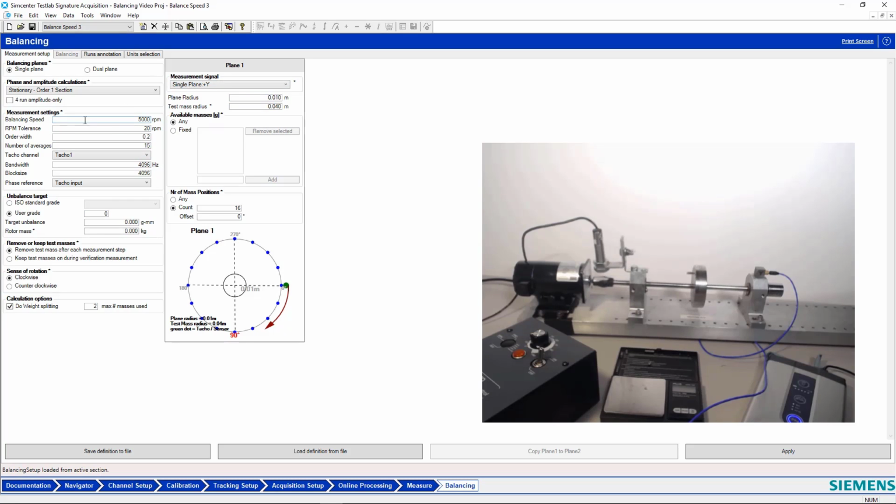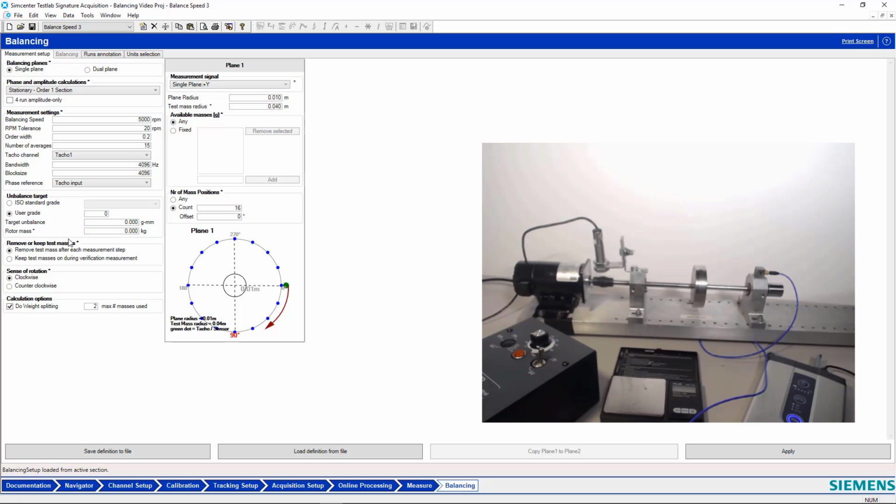We already picked our balancing speed at 5,000 RPM, and we'll use an RPM tolerance of 20 RPM, which is how well you'll be able to control it. Then we have our tacho channel and our phase reference, which is that tacho input split into a data channel. And then we have the unbalanced target, and we'll go for broke and try to get rid of all the imbalance.